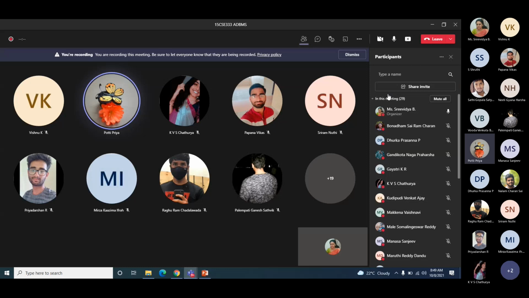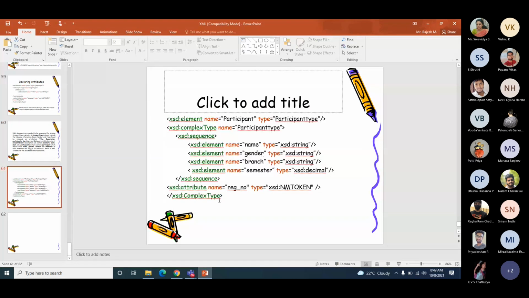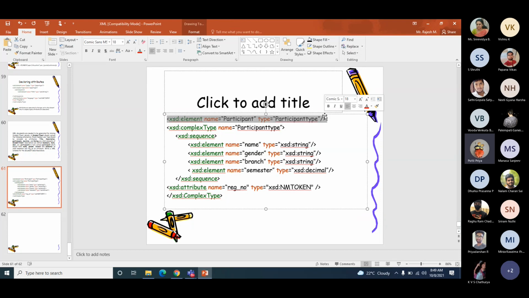That is the same as participant, except that it won't be having attributes, sir. Description will be similar to how we have declared participant type. Only four different child elements in that. Summary, date, slot, and participants.